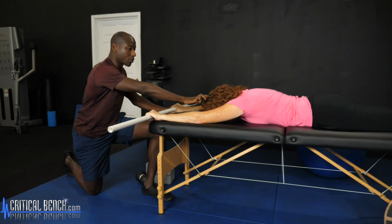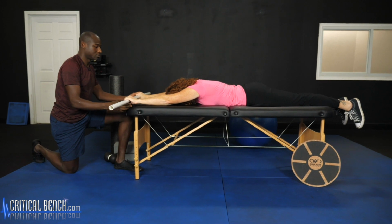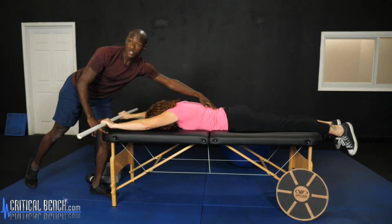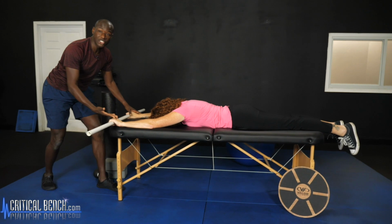So her forehead's on the ground. I want you to lift your arms as high as you can from here. Good. So she can lift her arms, but again, you'll notice that her back can help her. So now we're going to look at this exact same type of movement and see, can she do it without